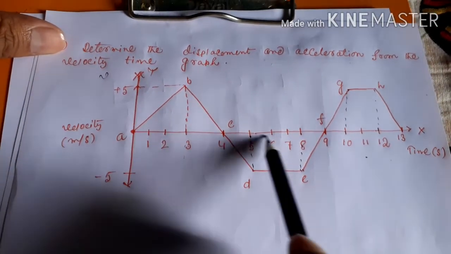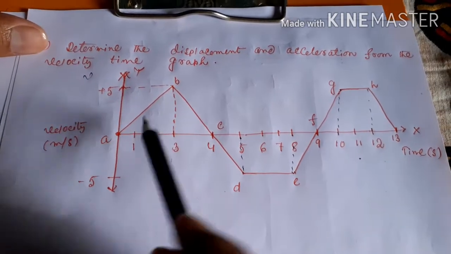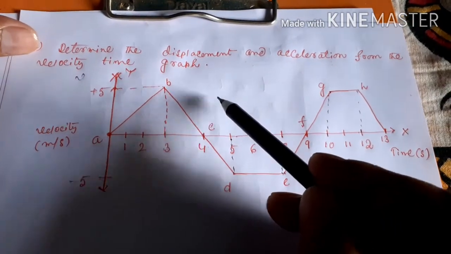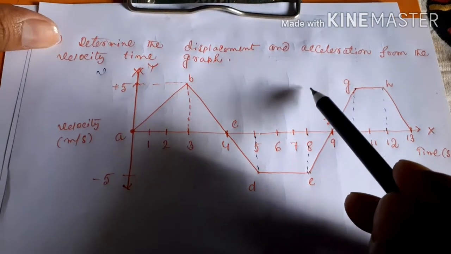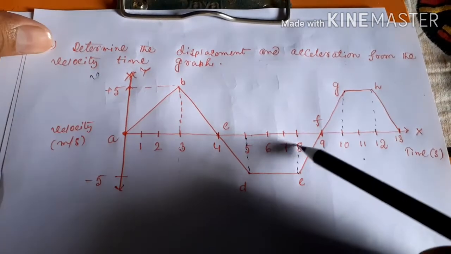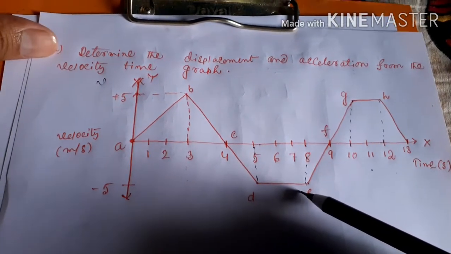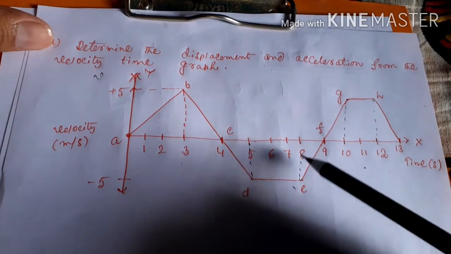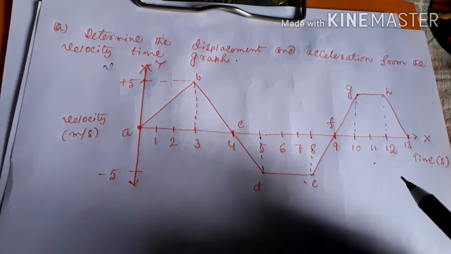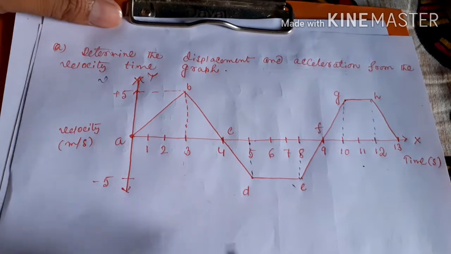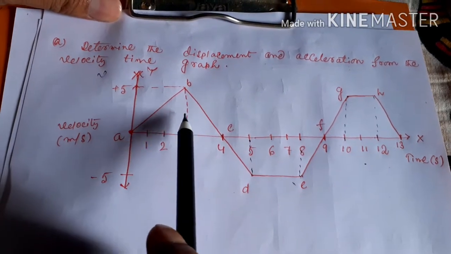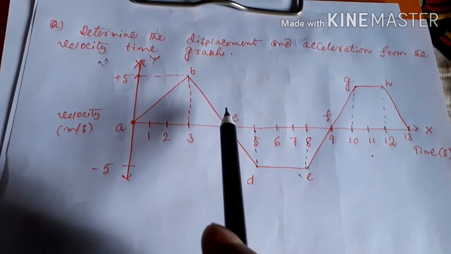This is the time axis. Just above the time axis, you will get all the velocity and all the displacement in positive, and below this time axis the displacement will be negative and the velocity will also be negative. Here you can see that three diagrams are there. Actually, if you divide this one, there are three parts.